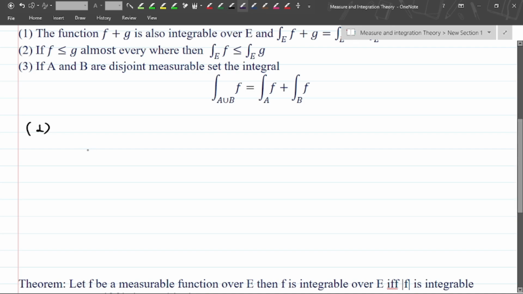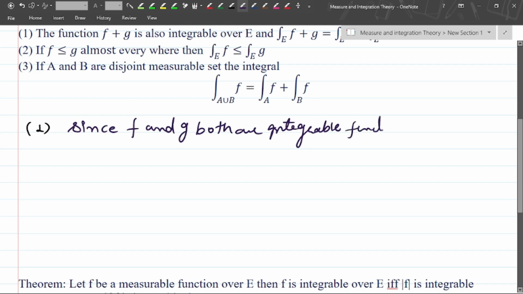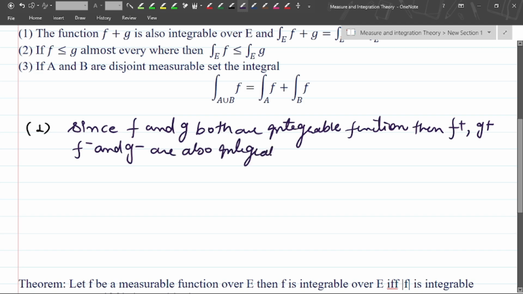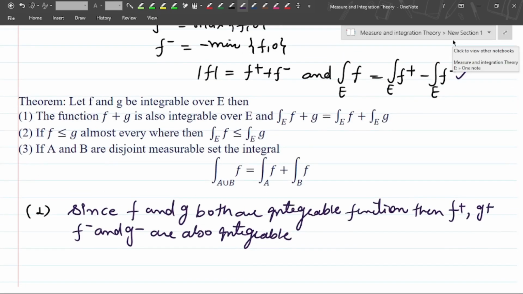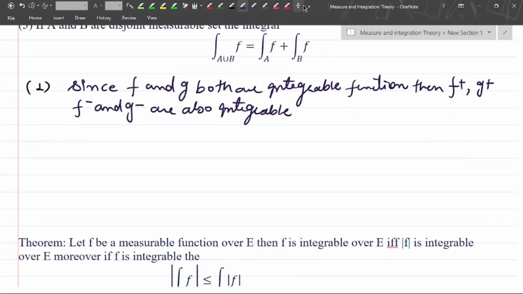So basically, since f and g both are integrable functions, then f plus, g plus, f minus and g minus are also integrable. This is the result. If f is integrable, then we can conclude by this result that these are all also integrable. Then we'll have